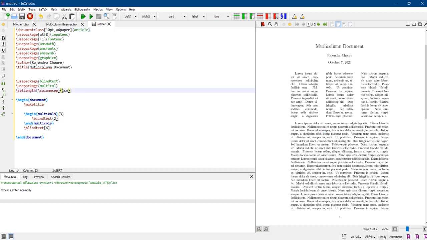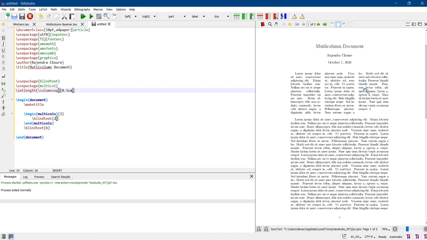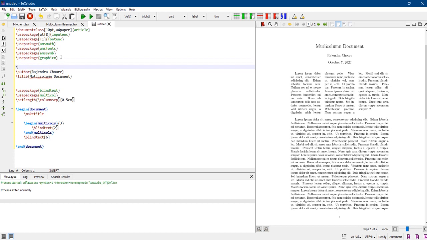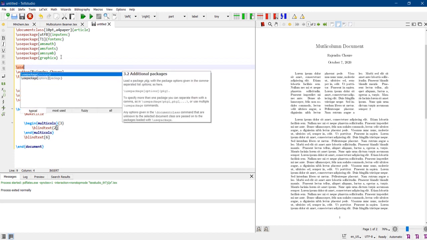Now this 1 centimeter separation we can change, 0.5 centimeter column separation. We'll see the effect. Okay. Now it looks proper. We can play with geometry also, we can play with margins also to space the column.